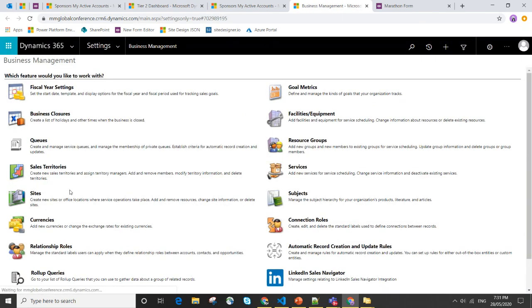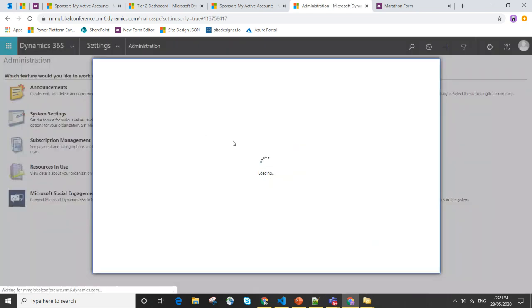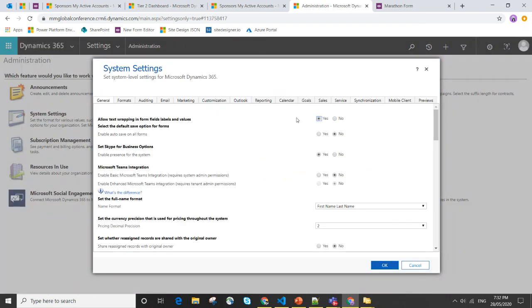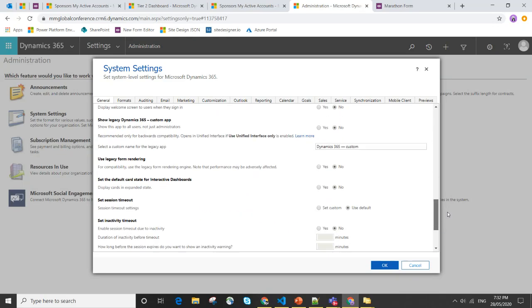These icons and so forth have been around certainly since CRM 3 when I started working with CRM, so you're going back certainly nearly 15 years. If we go to the administration area and system settings, a lot of these settings have been moved into the new PowerApps admin console now, but some haven't. And if we scroll down to the